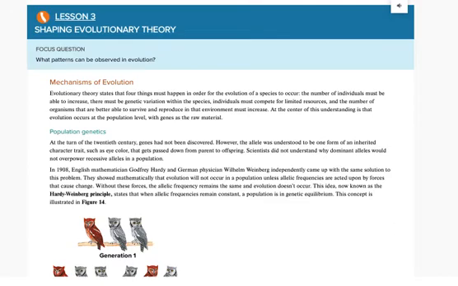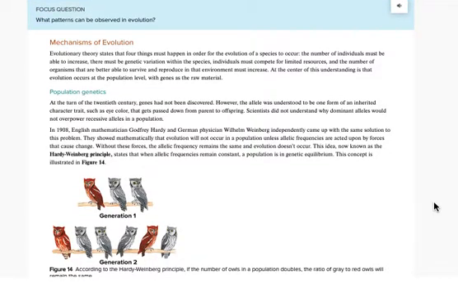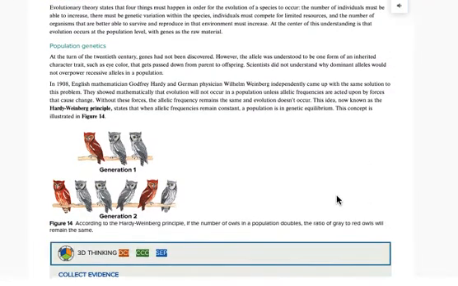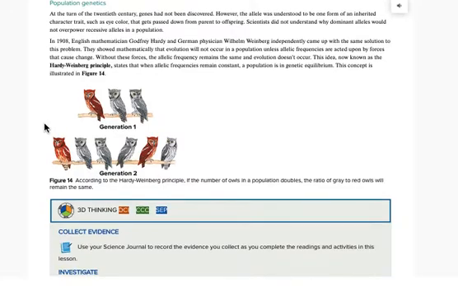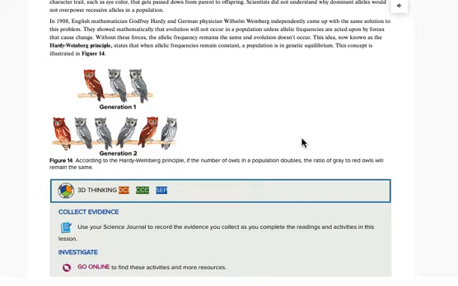So this section talks about shaping evolutionary theories. There are different mechanisms for evolution and how it happens. There is this principle called the Hardy-Weinberg principle, and we're not going to go into the math too much on this, but basically this principle states that whatever the allele frequency is, meaning the genes in one population, if basically